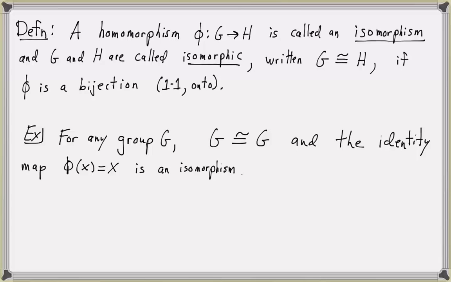So G is isomorphic to itself. We gave an example earlier of a homomorphism from the real numbers to the non-zero real numbers. While this homomorphism was not an isomorphism, we can fix it. We can say that, for example, the same map phi of A equals 2 to the power A. It's a homomorphism. We showed that earlier, but this is actually an isomorphism